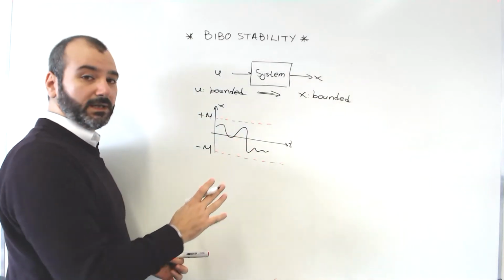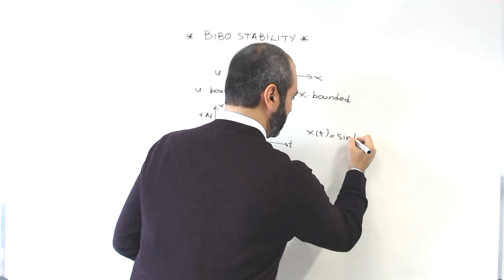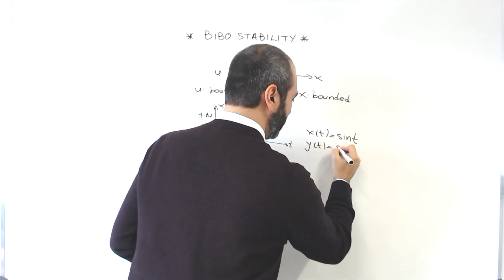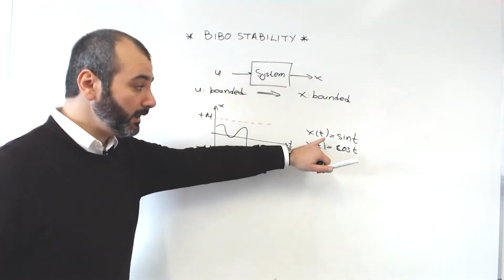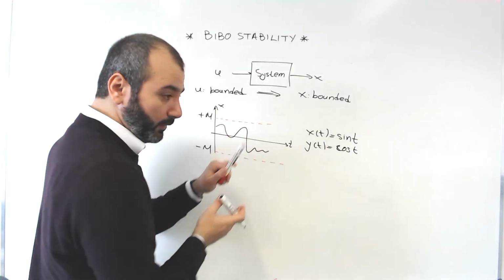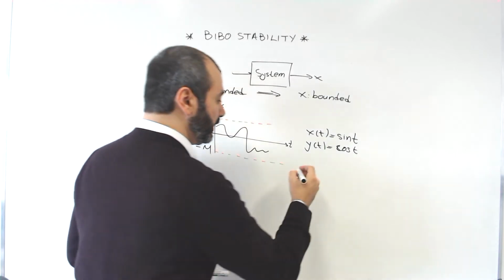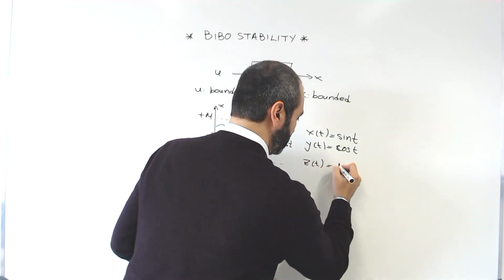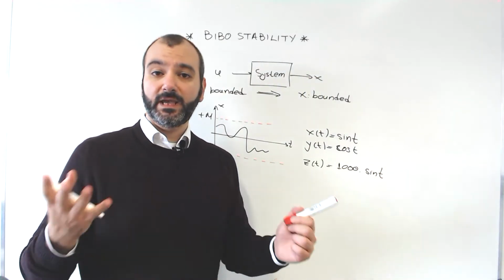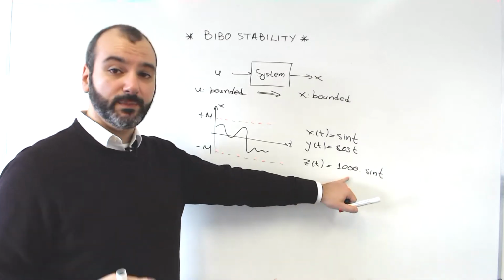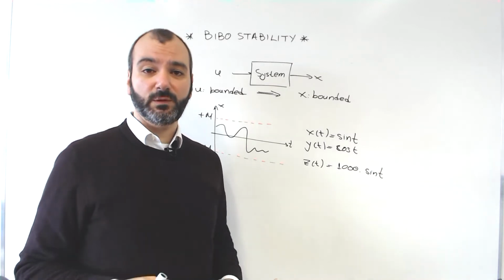It also becomes clear that signals like x of t is equal to sine of t, or for example y of t is cosine of t, again are bounded. Why? Because sine has an absolute value of no more than 1. It can be sketched between -1 and 1. The signal z of t is 1000 times sine of t. In some context it might be a large signal, but again it's bounded. It is between -1000 and 1000.